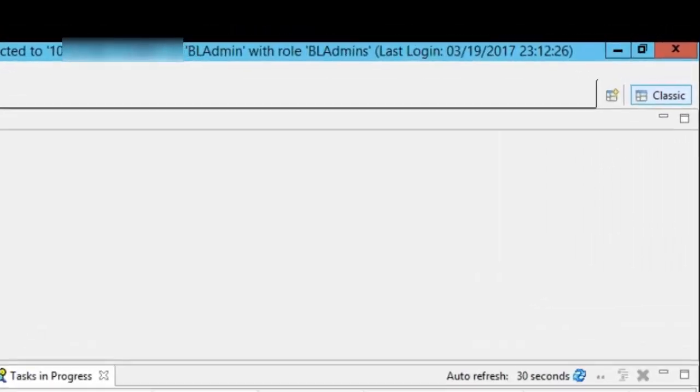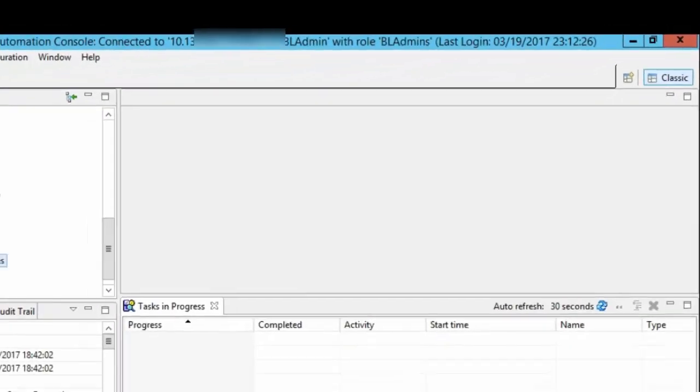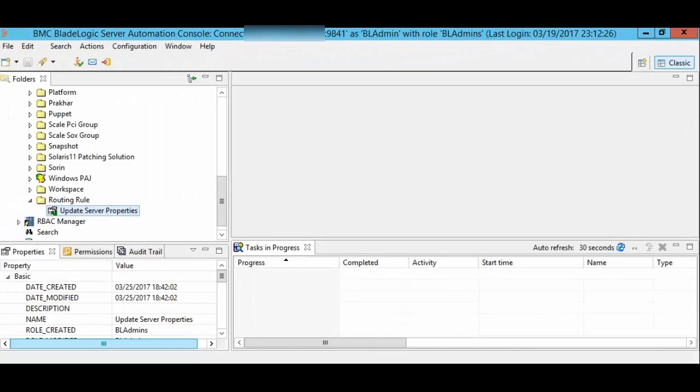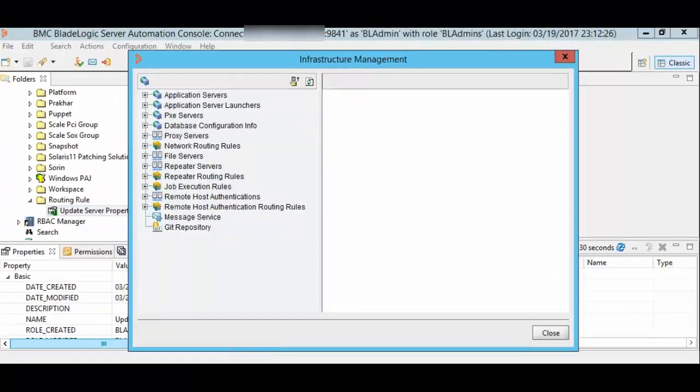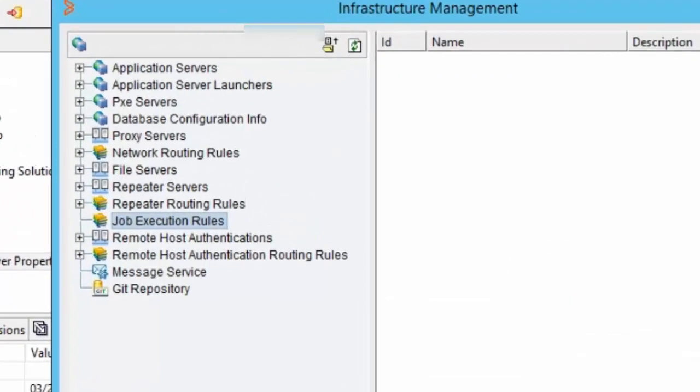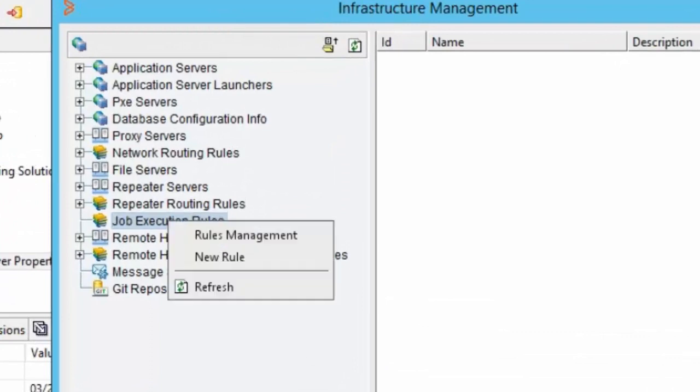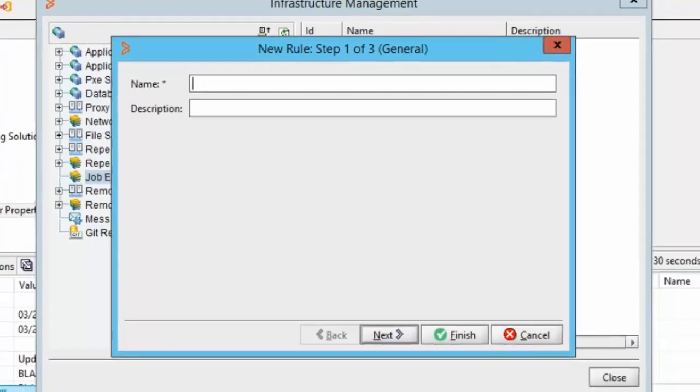I am logged in as the BLAdmins role because it has the authorizations required to create the job execution rule. I will go to Configuration, click on Infrastructure Management, and I will see that there are no job execution rules created. So I will create a new rule. I will right click on the job execution rules and click on New Rule. I will give the name as update server